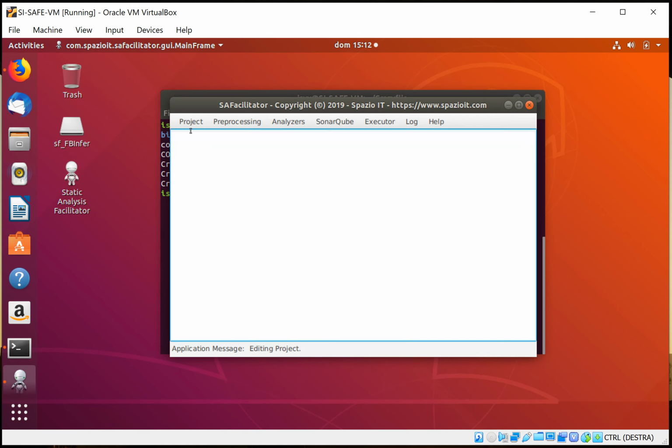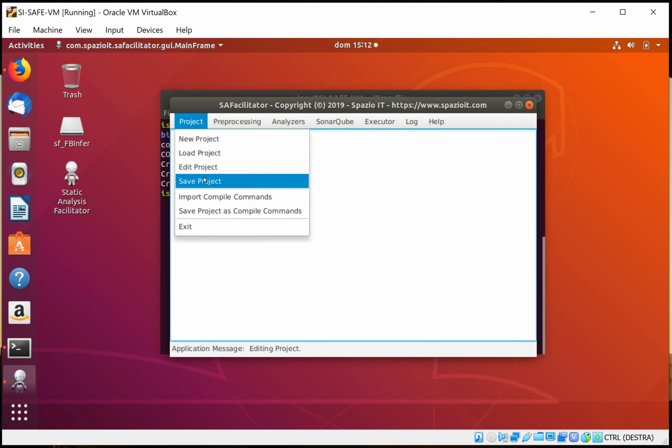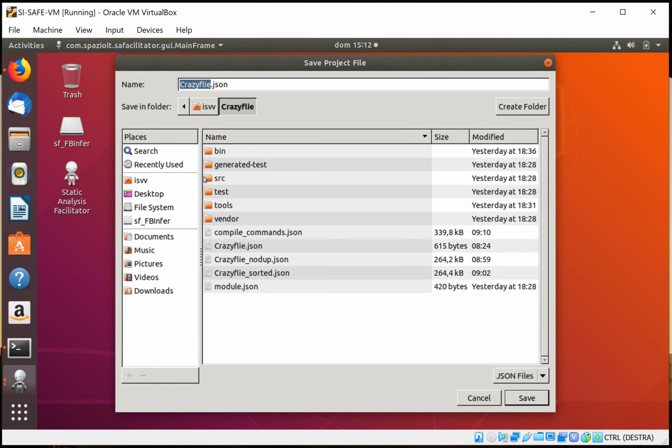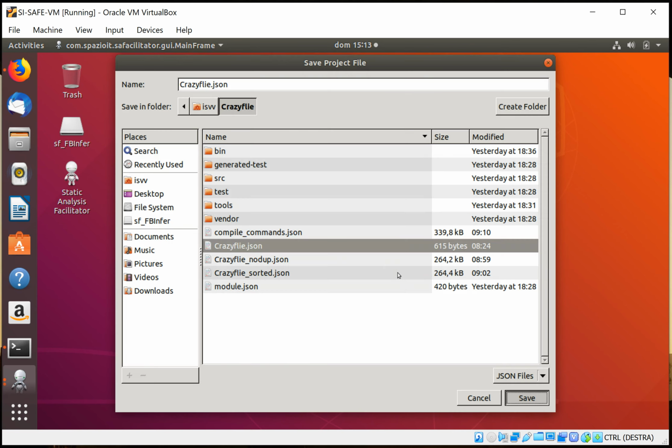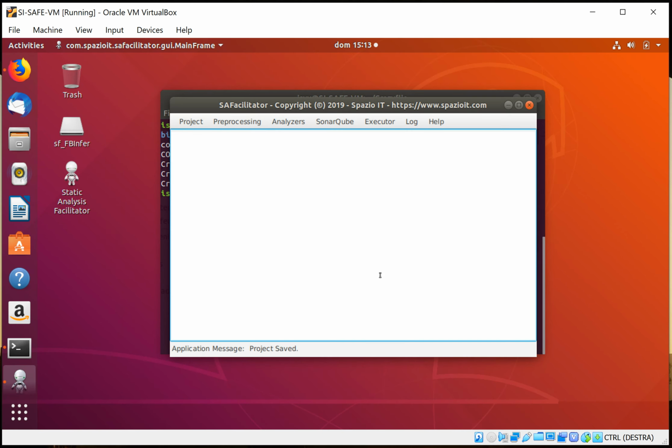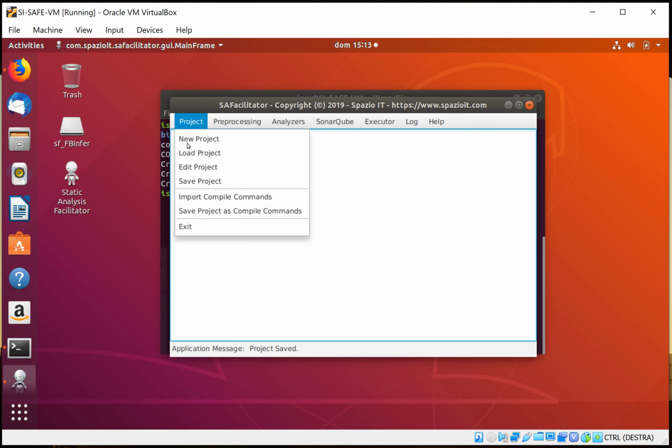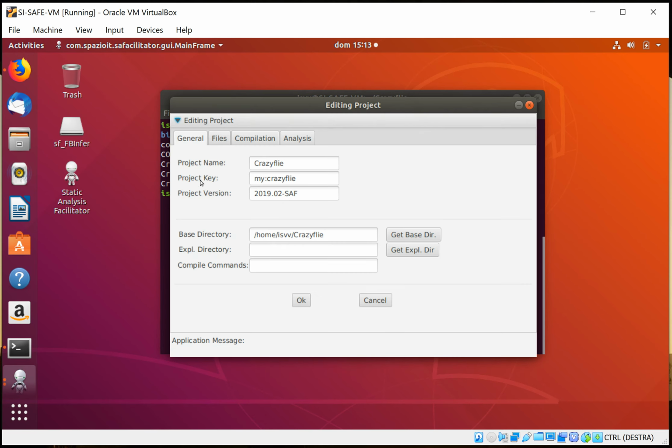Now we save this project, save project, as just crazyflie.json. I already had a file like that, so we're going to rewrite it, so save it. And we of course replace the previous one. And now again, if we look at the project information, we just put in some general information about the project, about Sonar,